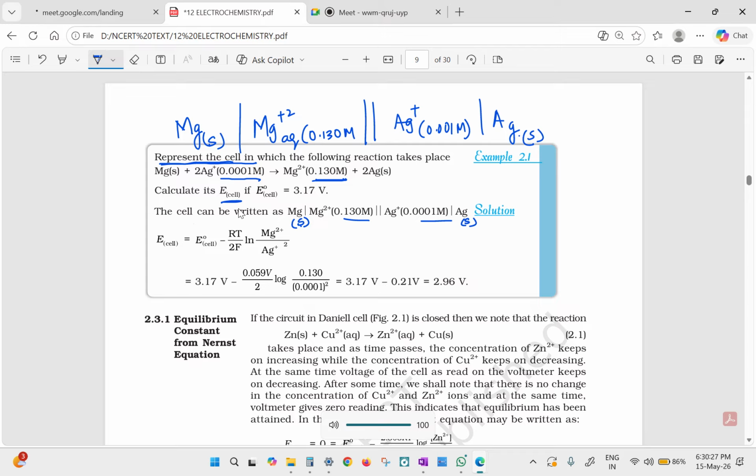Okay. So in this case, you are supposed to calculate the E cell, because the concentration is no longer 1 M. Clear? Yes, ma'am. Okay. So your Nernst equation says E cell is equal to E naught of cell minus